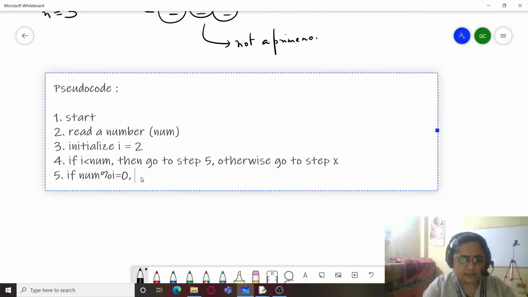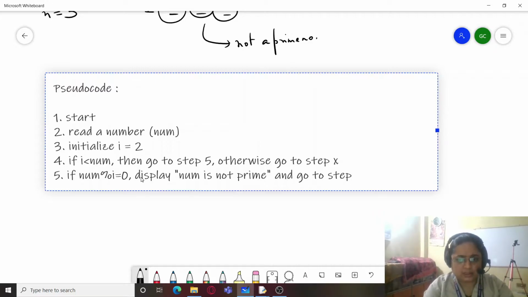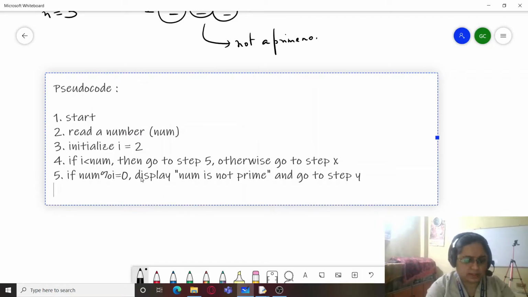So if num is divisible by i, we'll be doing the dry run where it will be clear to you. So if the number num is divisible by i, it means that the number is not a prime number. So we will print number is not prime and go to step Y. So we still don't know what is the next step, so we will just write step Y over there.